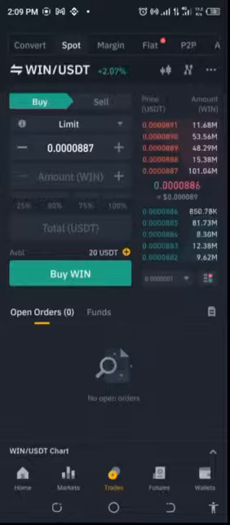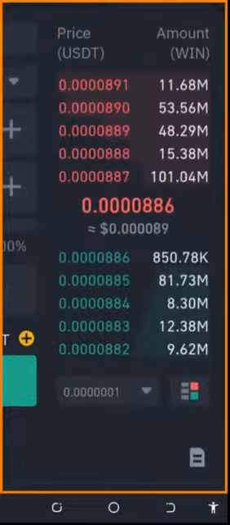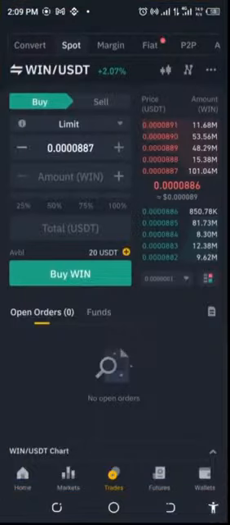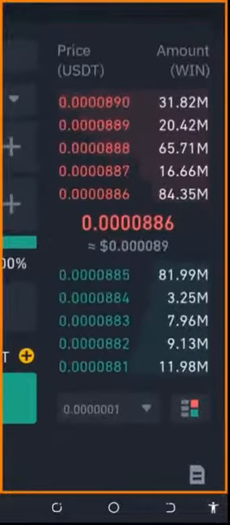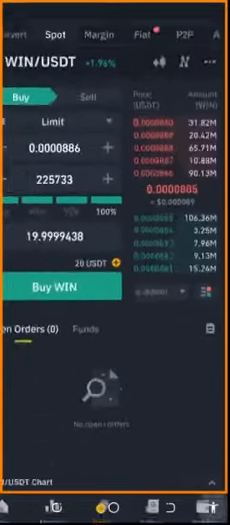So first of all, let's see whether we have enough velocity here. Velocity means, how much do we have here? Are we going to be able to sell this? Are we going to be able to buy this? So that's why we need to quickly check. Now, look at it now. I'm going to try it out again. The price here is 886. So let's see how much we can get. In this case, this is 225,000. So I have to check whether I can get this sold immediately, right? If we look at it, yeah, it's possible, but don't forget,